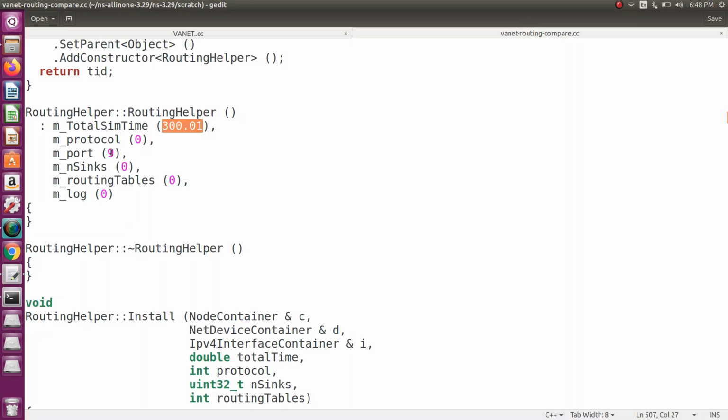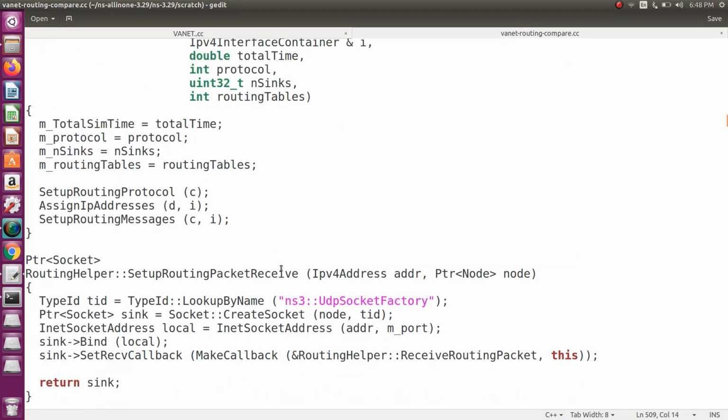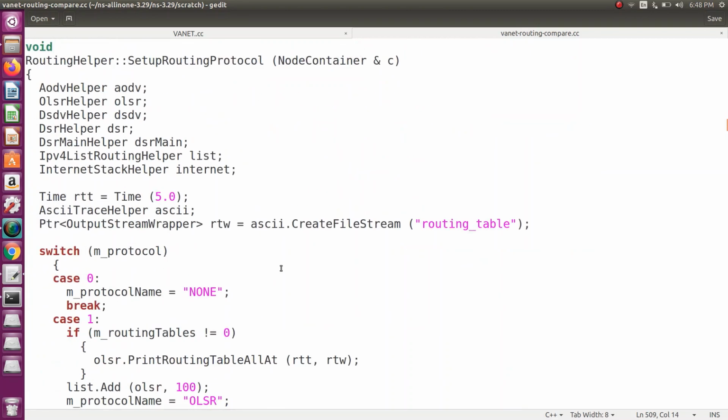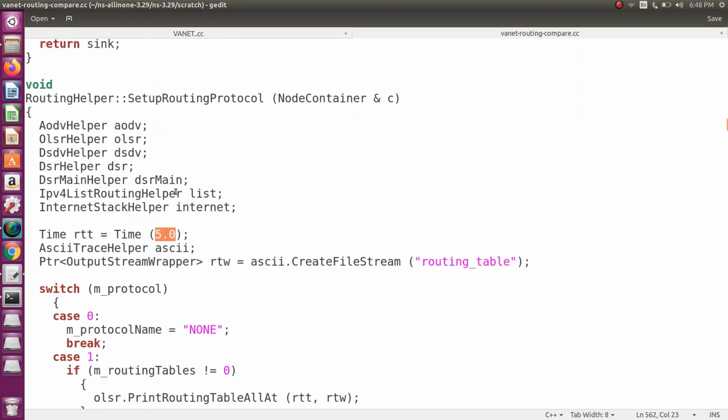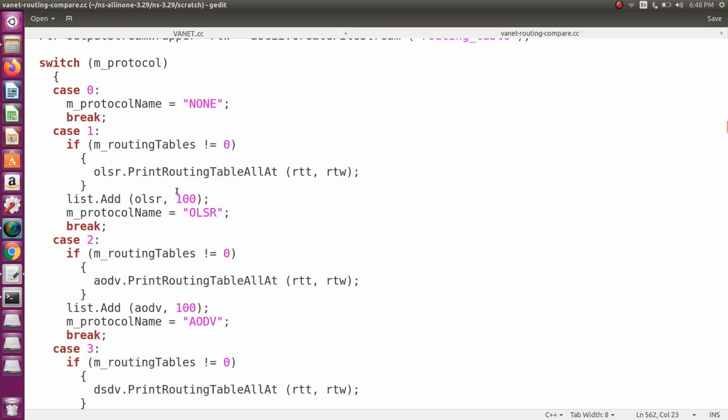That port number we are communicating with is 9. Then the round trip time is 5. Then we have 4 protocols.